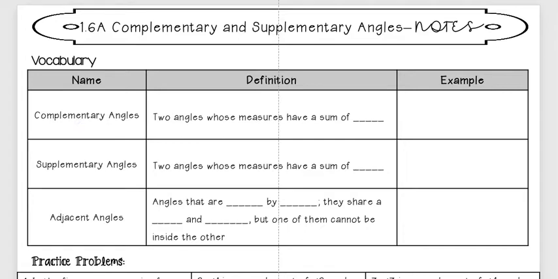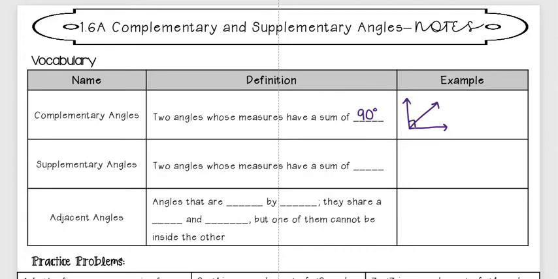So that first type of angle pair that we're going to be talking about is complementary angles, and those are two angles whose measures have a sum of 90 degrees. So two angles, their angle measures add up to 90 degrees. So one example is if I have a right angle